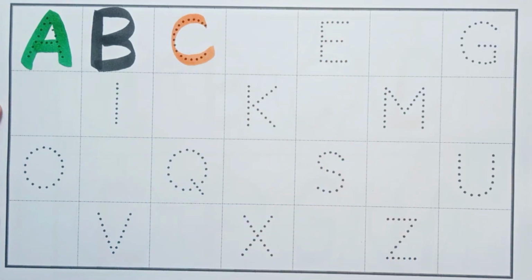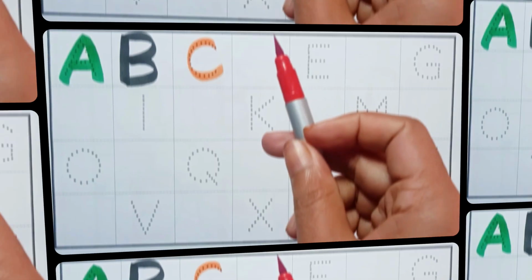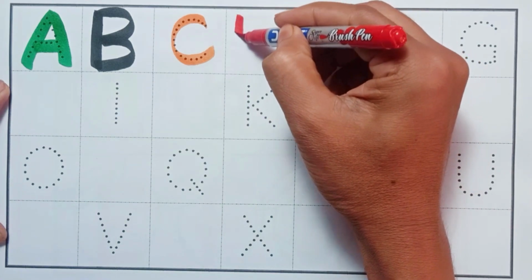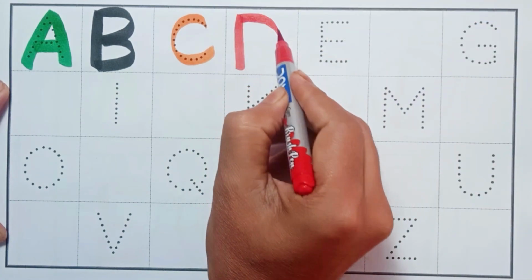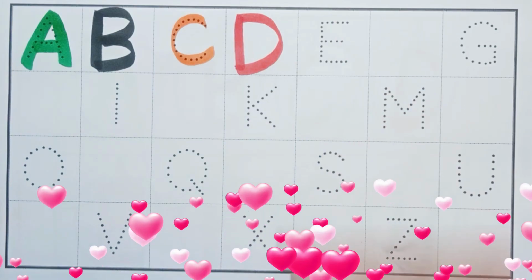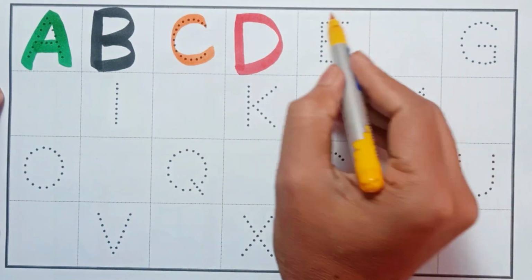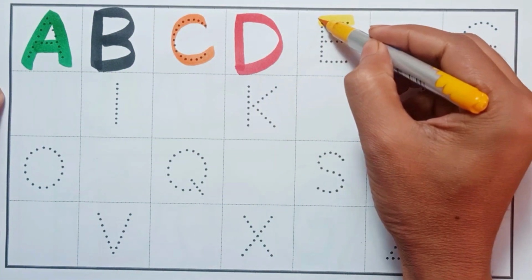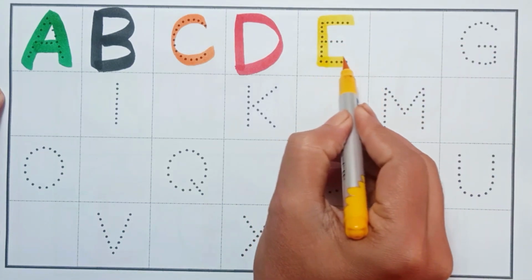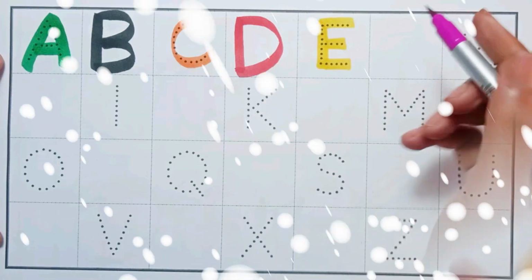C for cat, red color D, D for dog, yellow color E, E for elephant, F,